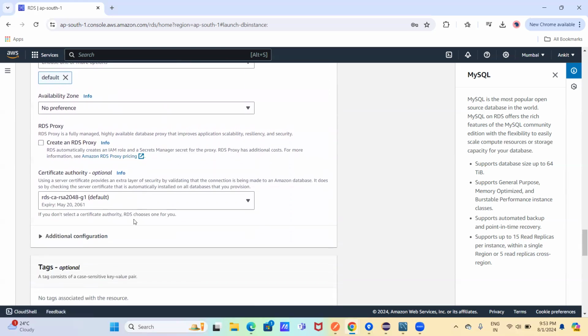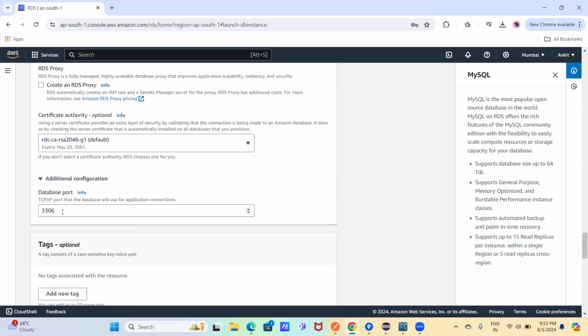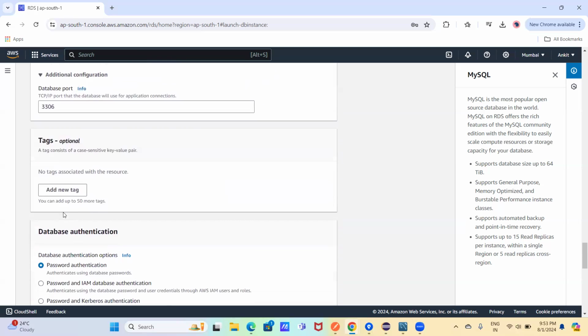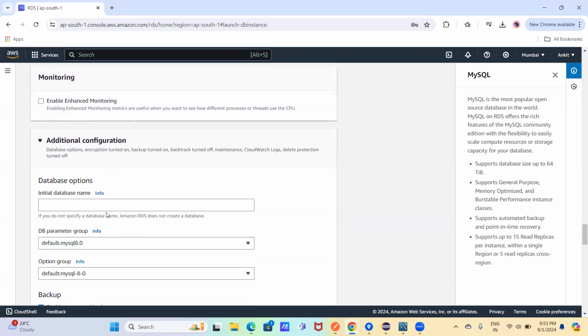Then click on additional configuration. Your database port is 3306. Then click on additional configuration here. Here is our database name. So we need to